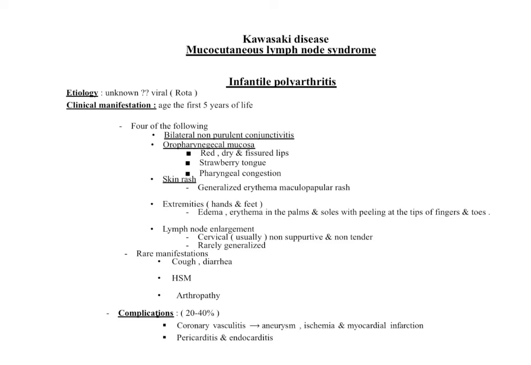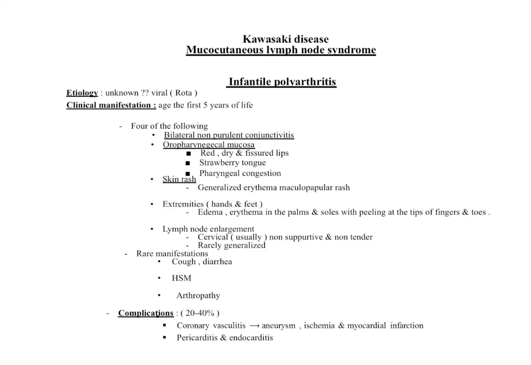Another type of vasculitis: Kawasaki disease. Etiology unknown, may be viral. Clinical manifestation: age of the first 5 years of life. 4 of the following: bilateral non-purulent conjunctivitis, or oropharyngeal mucosa manifestation: red, dry, fissured lips, strawberry tongue, pharyngeal congestion; skin rash, generalized erythematous maculopapular rash; extremities, hand or